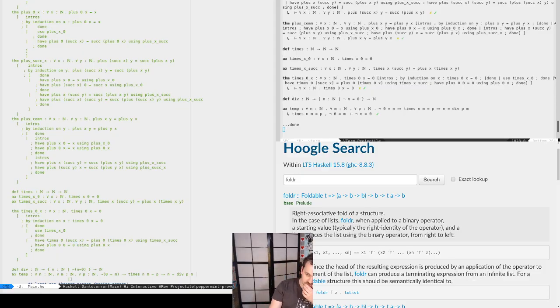So it's actually maybe better. We already know that times x0 is 0, so we just need to prove that plus x0 equals 0, which we already know too. Okay.